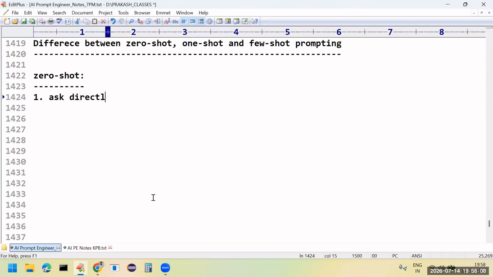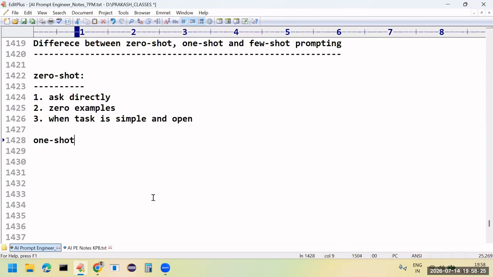Ask directly, that's all. What about the examples here? Only zero examples. So when the task is very simple and open, then you can ask this kind of prompt.